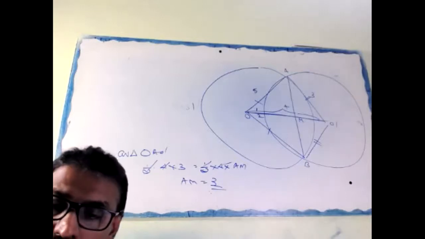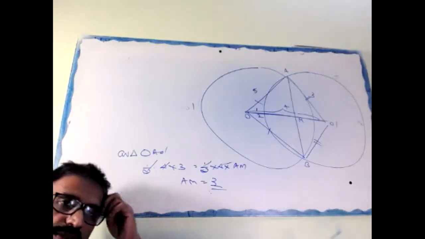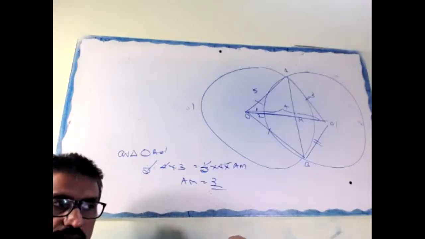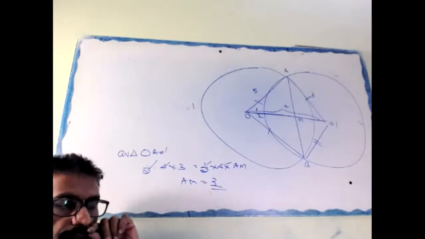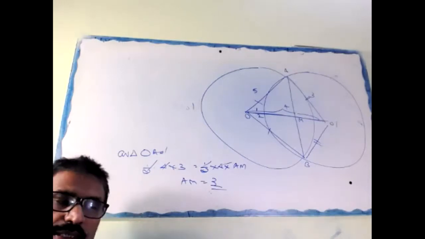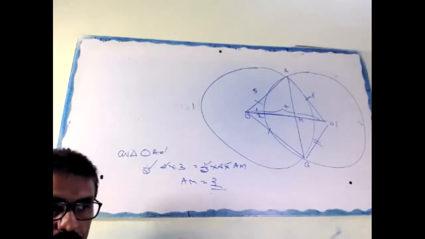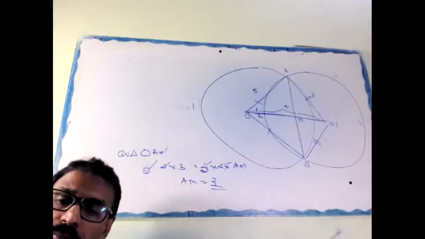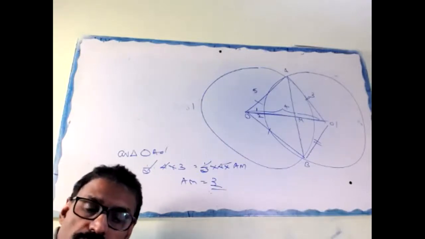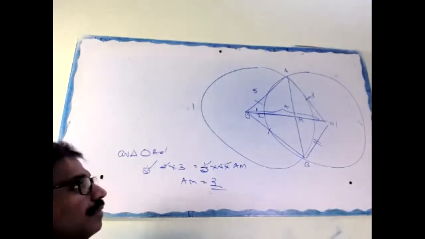What are you asking others? You write the note. Okay. O dash, right? O dash is the perpendicular bisector of AB. In brackets write as per previous question. Okay. Then